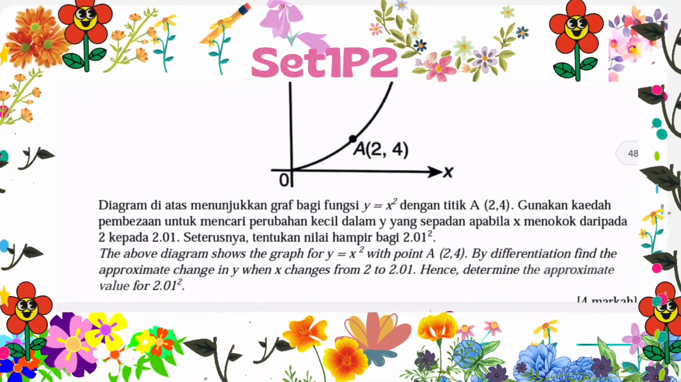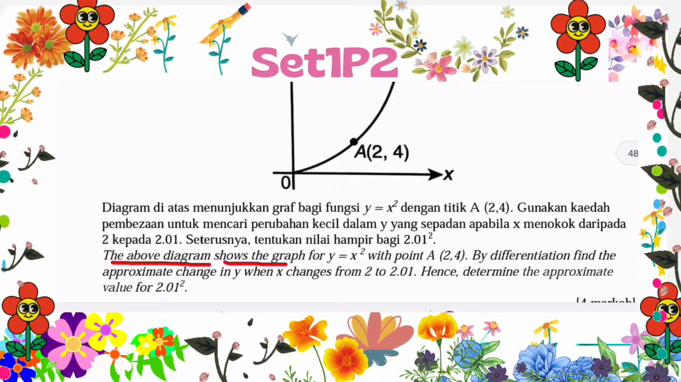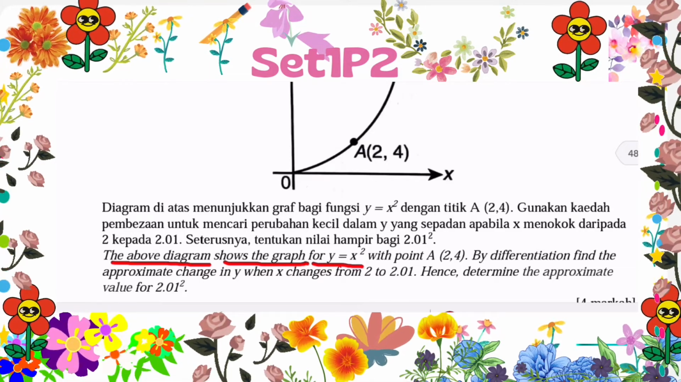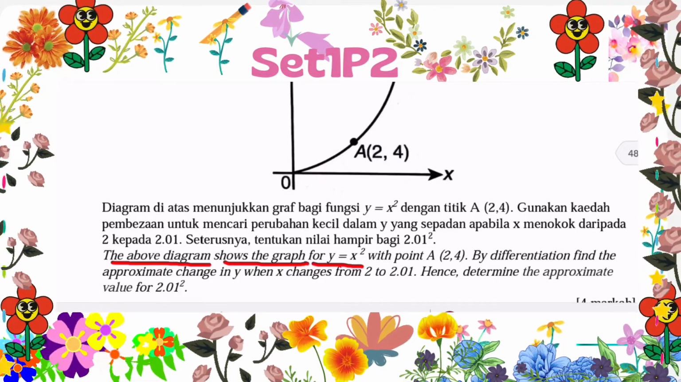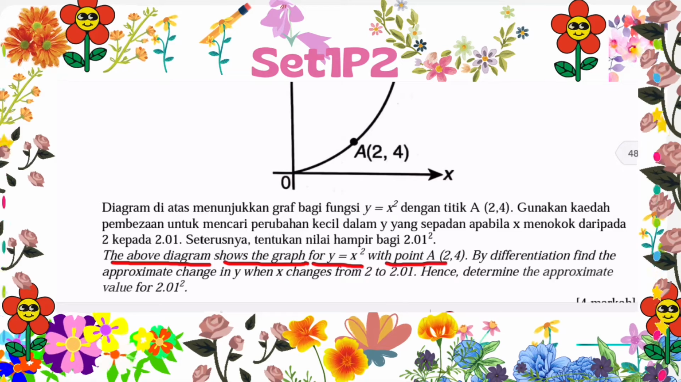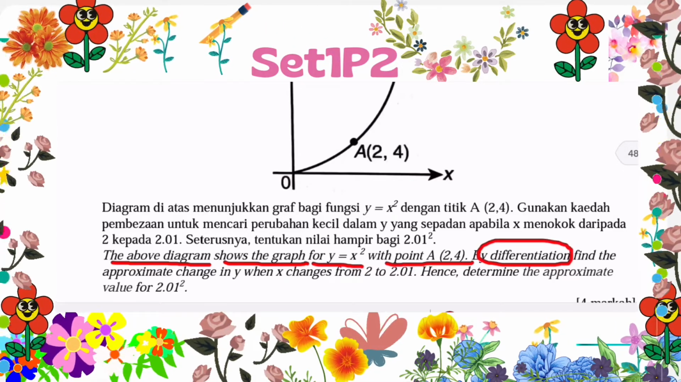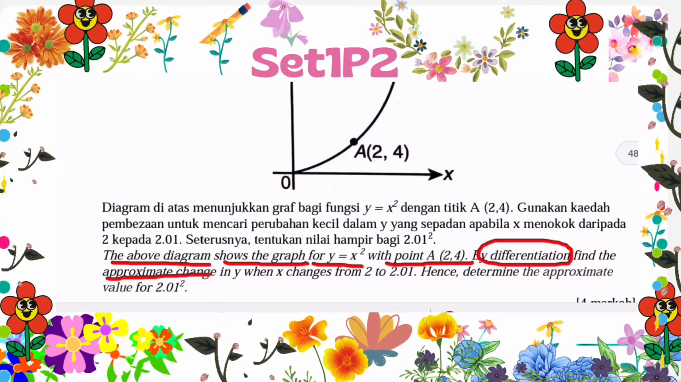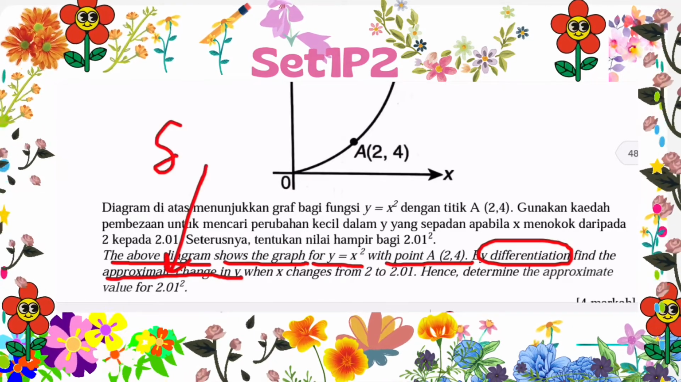First of all, let's read the question. The above diagram shows the graph of y equal to x squared with a point A at (2, 4). By differentiation, find the approximate change in y. That means we have to find the approximate change in y